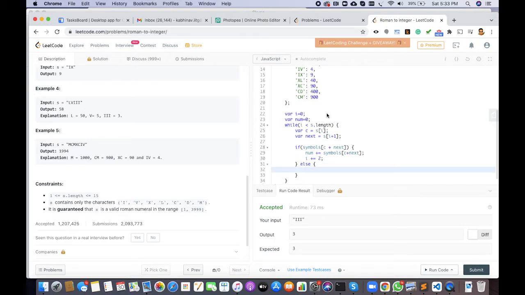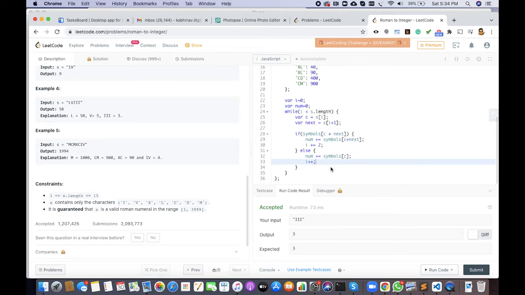And if it is not found inside this, then we just take the value of the current symbol. So we can do num plus equal to symbols[c], and then I will increment it by 1. So at the end of this loop, we'll have the final sum.